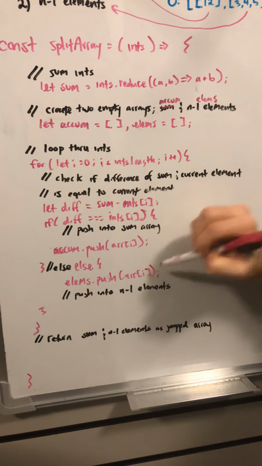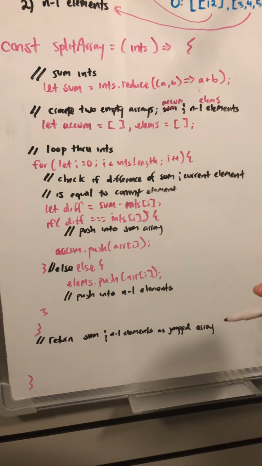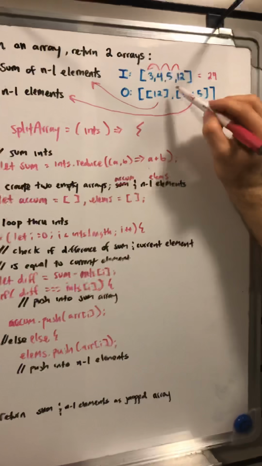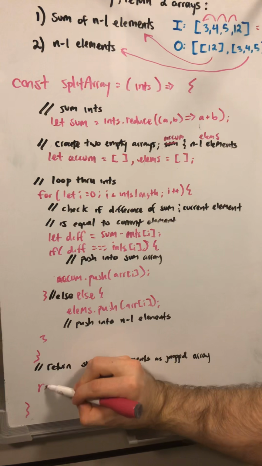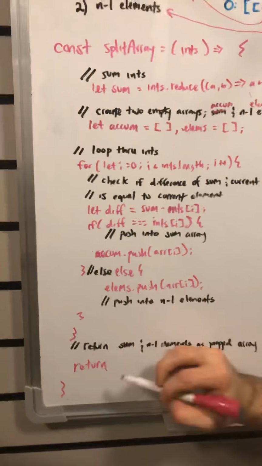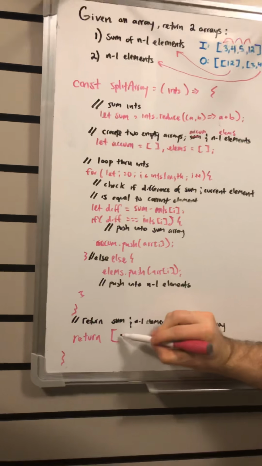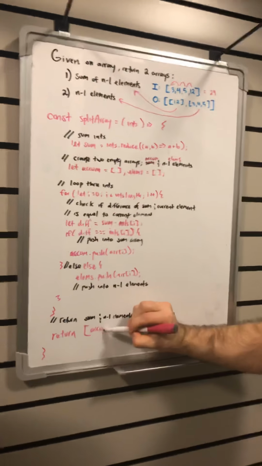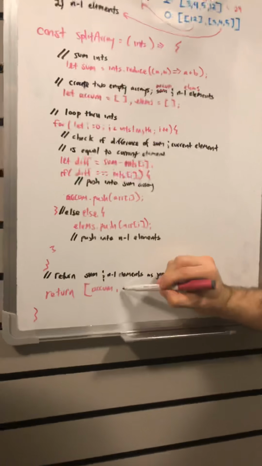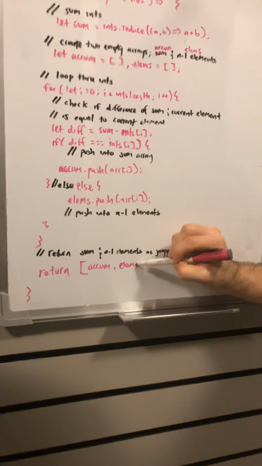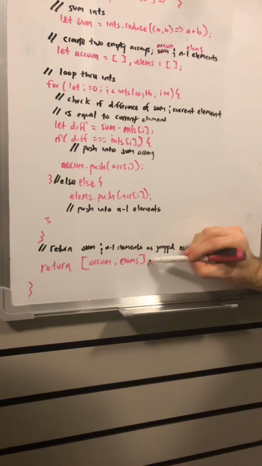And then at the end of this, we should have 12 in its own array and 3, 4, 5 in its own array. So at the end, all we will do is return both of those inside of this array literal, and this should give us